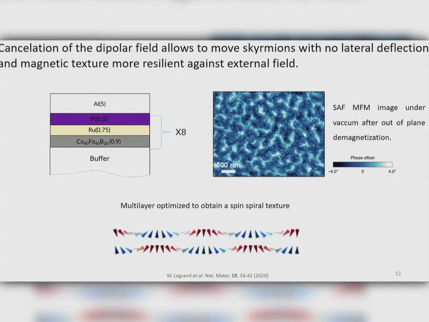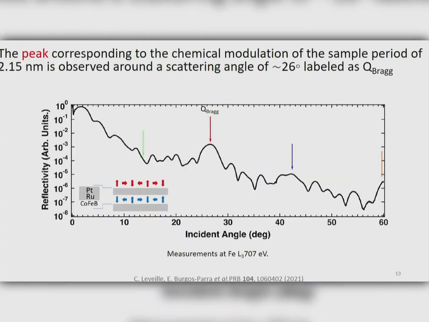If you see, this is an MFM image of the sample that we optimized to obtain a spin spiral texture. You might see that there are no domain walls, because basically the magnetization is just rotating in one direction. And you can get this type of sample by engineering the spacer between the magnetic layers, which in this case is cobalt boron. So the first measurement that we do when we do reflection is the